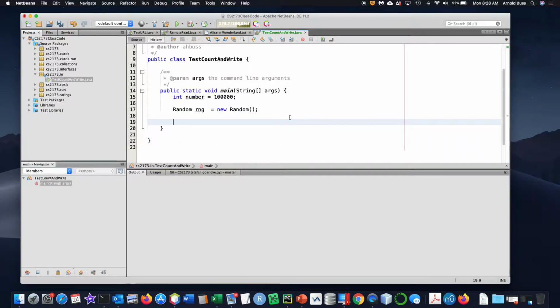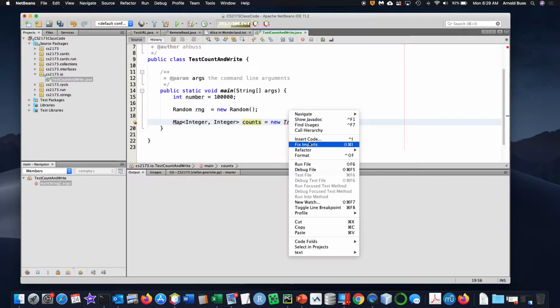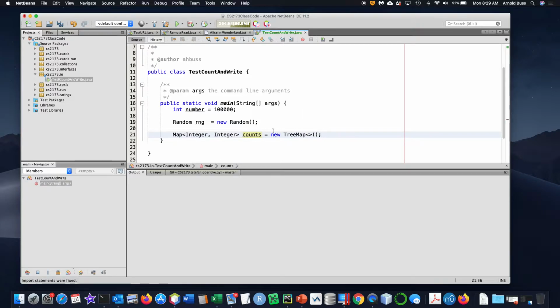Now, the thing to understand, there are two interfaces. One is a regular map, which can be anything, and the other is a sorted map, which can only be, say, a tree map. But just to kind of put a point on it, counts. I do want to keep these sorted, but again, just to make it clear, no red squiggly, that means a tree map is a map,